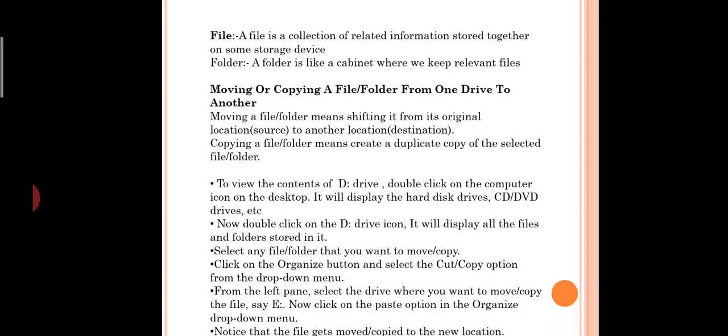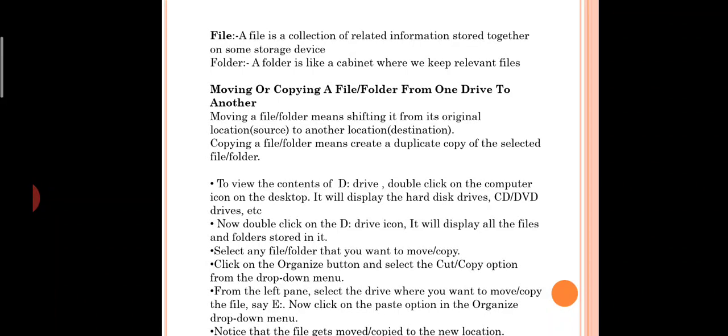Now, if you want to copy the file or folder, what are you going to do? Copy means you have a file in one drive and that is the original copy. If you want to copy, you are creating a duplicate copy of the original file. So what is the shortcut you are using for that? Control C is the shortcut you are using. You are copying that file and pasting it somewhere else. Whatever the original copy you have, you are making a duplicate of it and using it. These are the shortcuts, or else you have the steps given below in this slide.